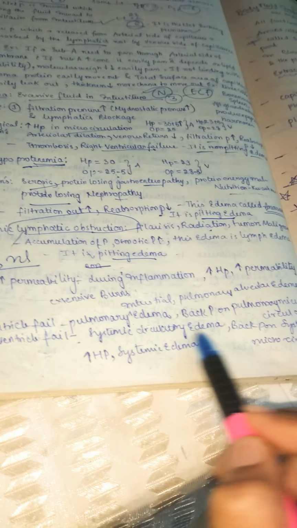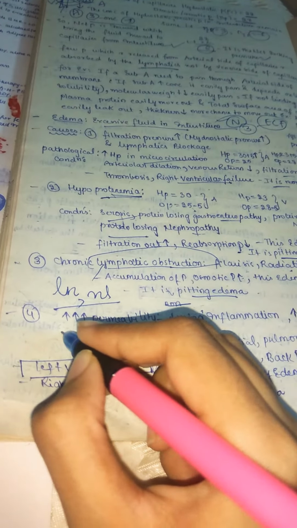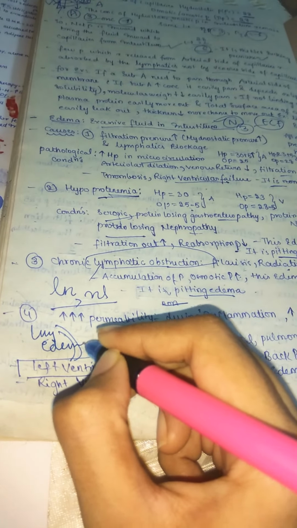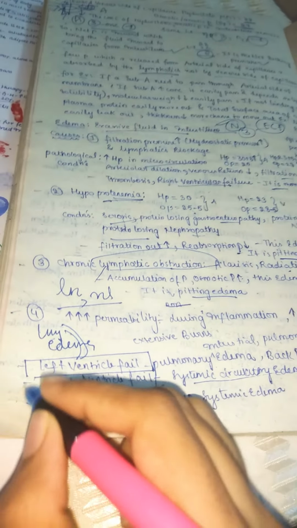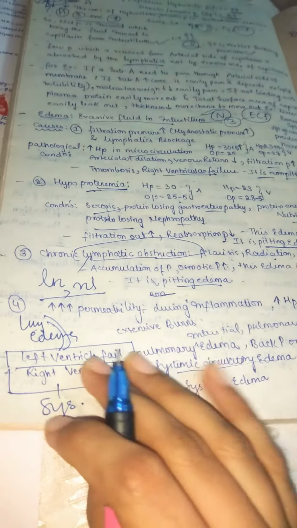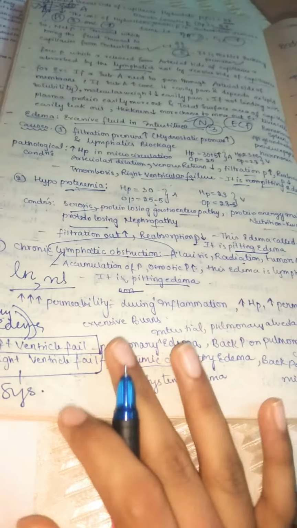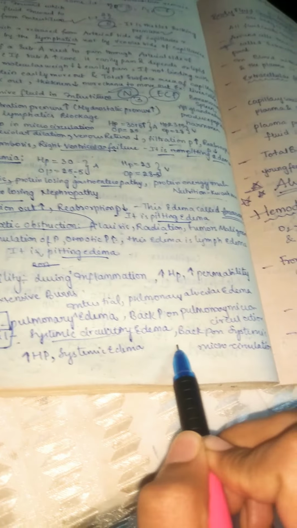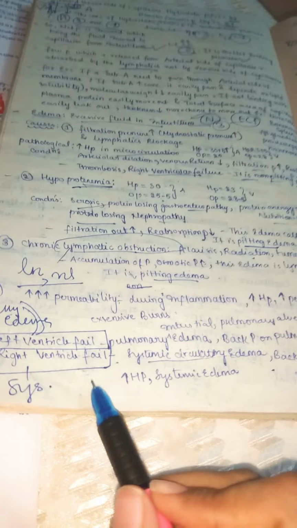ventricular failure also may cause systemic edema. So always remember that whenever the left ventricle fails, the left ventricle is connected backward to lungs, so it may cause only lung edema. But whenever the right ventricle fails, our whole systemic circulation may get edema, like in splenomegaly, hepatomegaly, like our liver, spleen, and all other organs, systemic circulation edema, because of back pressure now coming towards the inferior vena cava side.